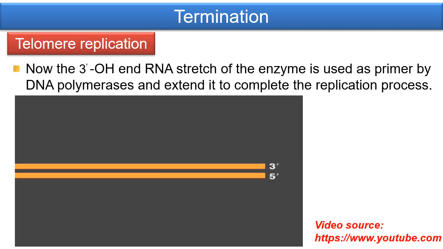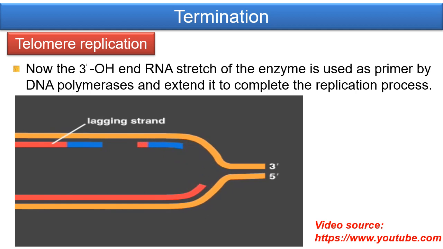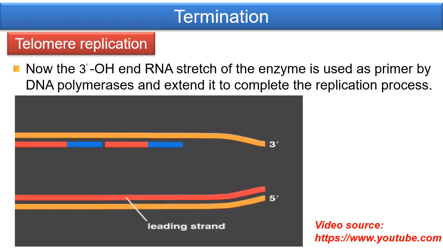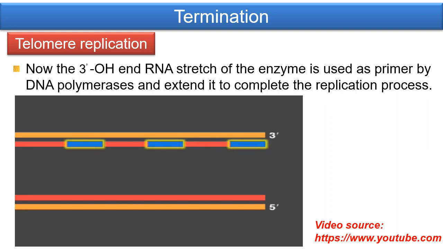As we all know, for the replication process to occur, a 3' hydroxyl group is necessary. So in the lagging strand, the primers in between can be easily removed by the DNA polymerases, and the gap itself can be filled up by the enzyme. At the end, however, there is a problem, as after removal of the primer, the gap cannot be filled by the polymerases, as there is no hydroxyl group available. So here comes the enzyme